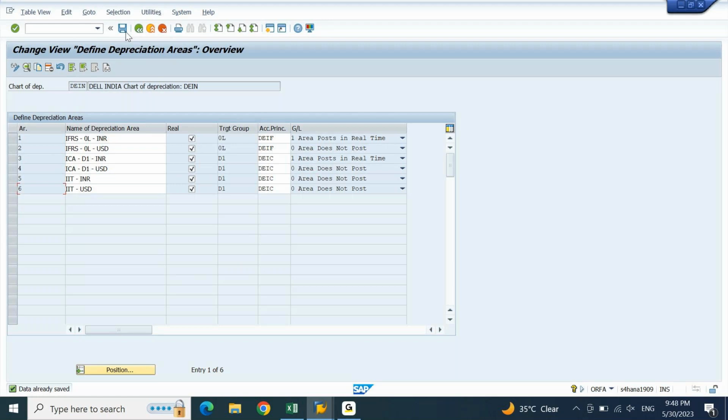Make sure you complete it till here so that the additional settings that we will do tomorrow will be easy for you to understand and configure. Okay, let me stop this recording.